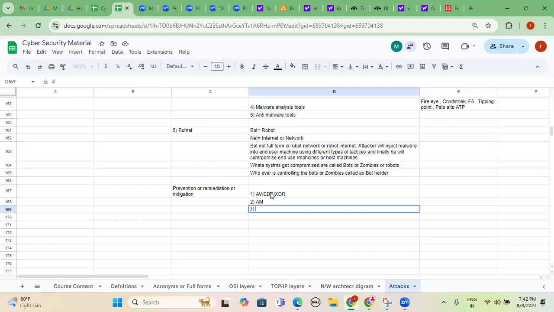Coming back to the EDR side, EDR licensing depends completely on how many endpoints, end user systems, or host machines there are. What does this mean? Maybe in my organization, the total number of endpoints is 5,000 and the total number of servers is 2,000. Altogether that is 7,000. Of these, 5,000 endpoints are laptops, MacBooks, workstations, and desktops, and the remaining 2,000 servers are either Windows based or Unix based. For these, we can purchase licenses.